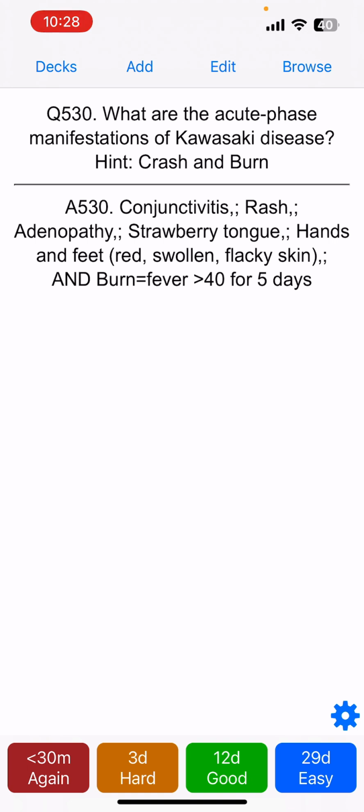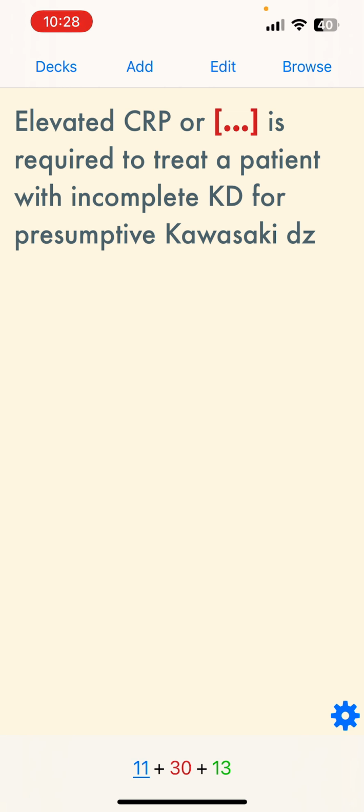So like I remember Crash and Burn, but I just read the Euro question, and it had maculopapular rash, so I remember that as well. The edema and the erythema, all of that just comes together. I just love how Anki does that. There's no other app that does that for me, honestly. So that's why I've stopped taking notes, to be honest.